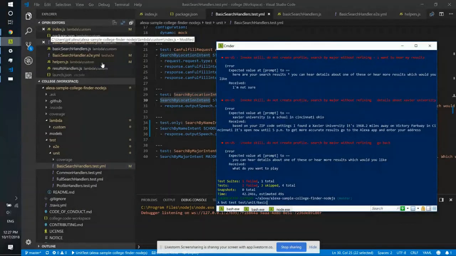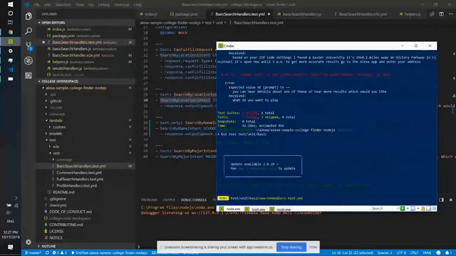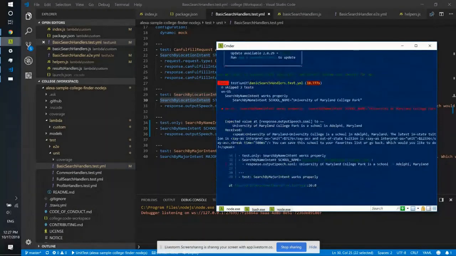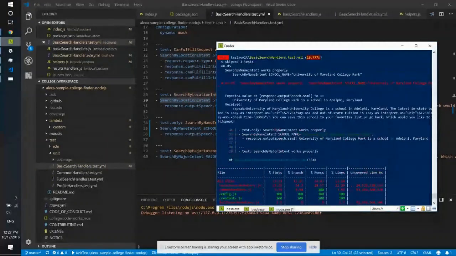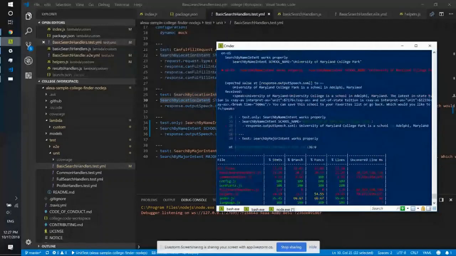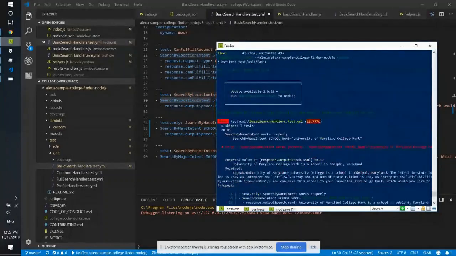So to do that, we're just going to run this one particular file. And so we say bst test unit basic. And now this is just generating JSON requests locally. It's not actually interacting through Alexa. It's just running right here on our machine. So it really runs a lot faster than if we were interacting with Alexa directly. Now our test ran, and what we see here,